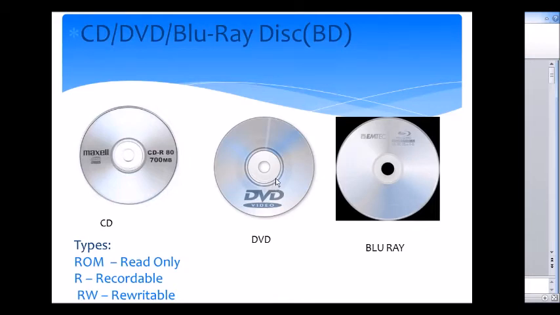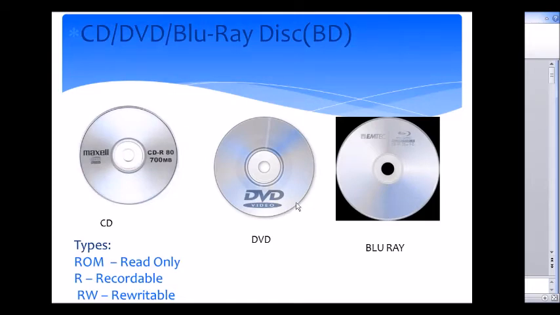If we have two layers, that is called dual layer disc, D-U-A-L, dual layer. In that we can store up to 8.5 GB. Dual layer DVD we can store up to 8.5 GB, and in dual layer Blu-ray disc we can store up to 50 GB. Okay, this is the major difference between these three discs.